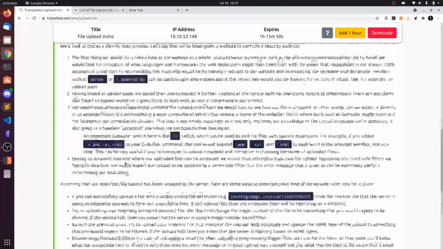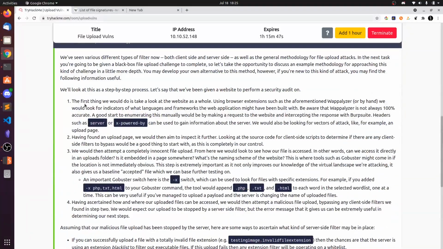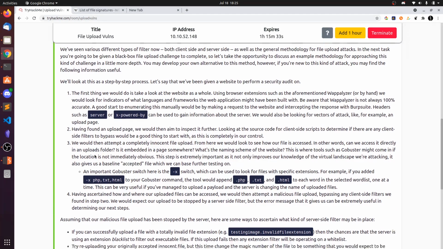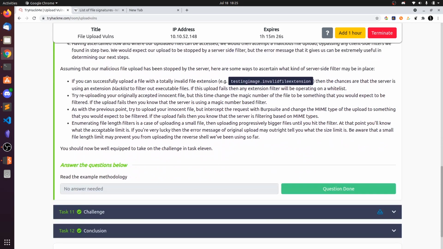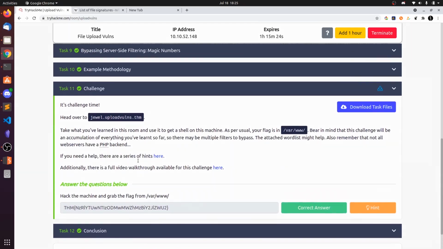So they gave this example methodology here. First we need to identify which backend programming language the server is using, then find the upload points and find which type of files the server is accepting, and then upload with the magic bytes. There is a challenge here, that is java.upload_once.thm.